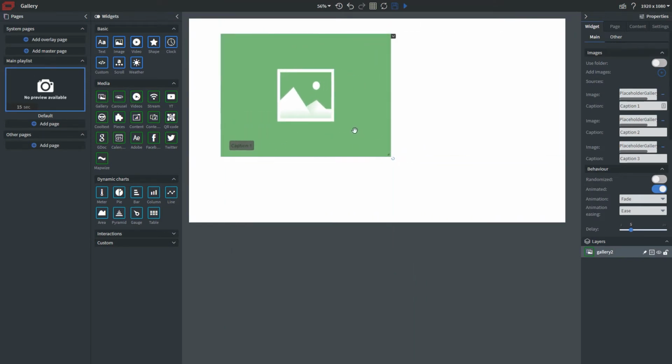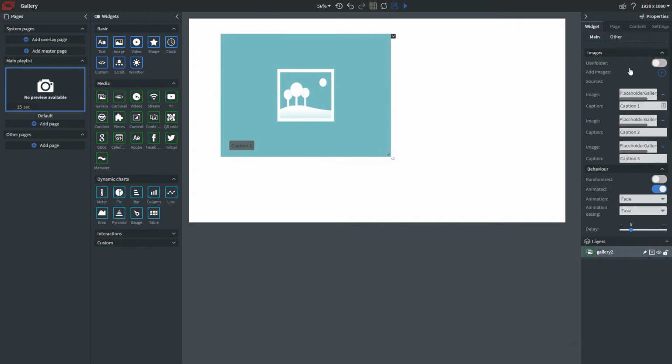So what the image gallery widget allows you to do is cycle through images with a transition. It looks very clean when making more advanced content and is a very widely used widget within our content editor. Now, to showcase this and make a little bit more sense, let's navigate to the right-hand side of our screen